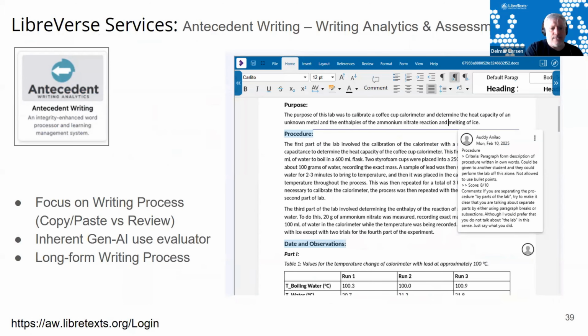Antecedent will be discussed in 10 minutes by Raymond here. And I mentioned already, it gives you the ability to have students write their writing assignments. In this case here, this is a lab. My TAs can come in and write comments associated with the labs and evaluate them and use this as a centralized mechanism. So we could truly go into a paperless society, but more importantly, do it in an LMS agnostic way so that the people who are in one LMS can share these exercises with other LMS.